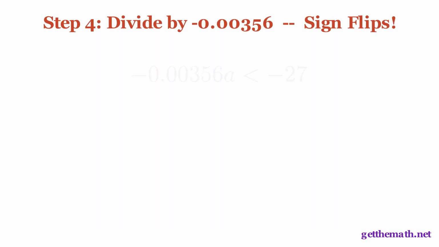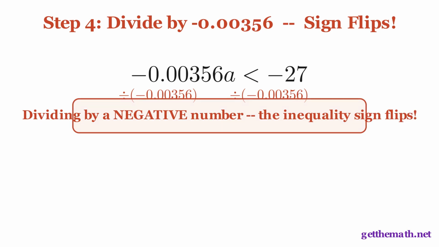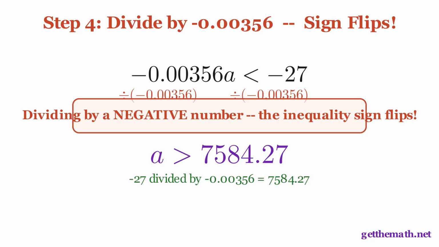Step 4. Divide both sides by negative 0.00356. Here is the critical rule. When you divide both sides of an inequality by a negative number, the inequality sign flips direction. Less than becomes greater than. Negative 27 divided by negative 0.00356 equals approximately 7,584.27. So our solution is, A is greater than